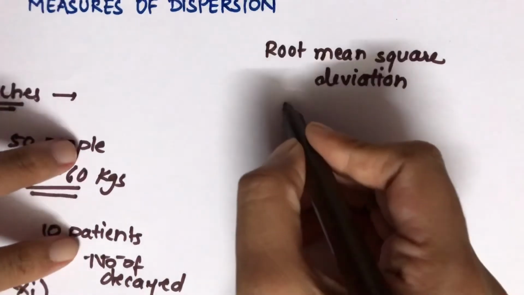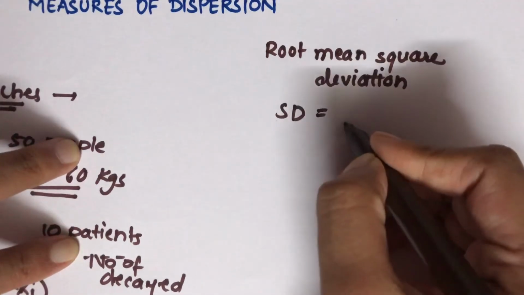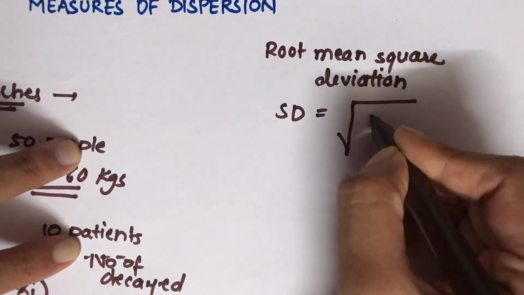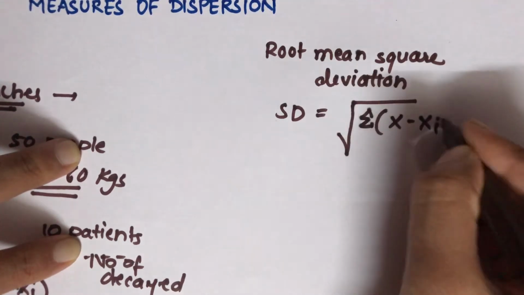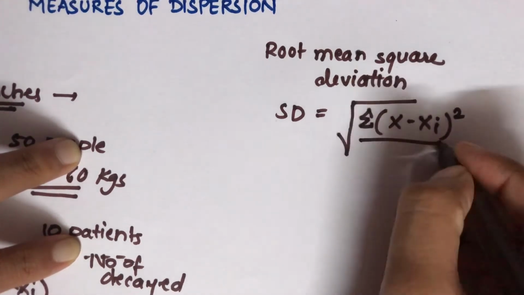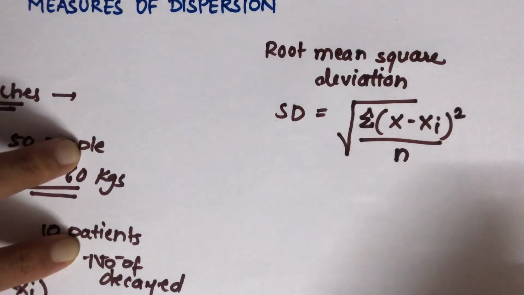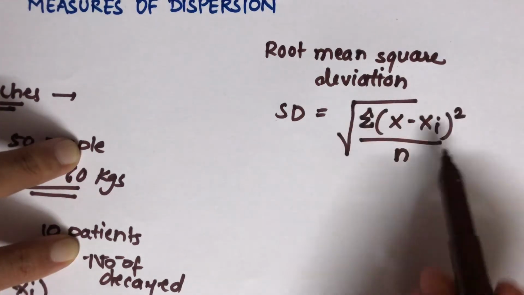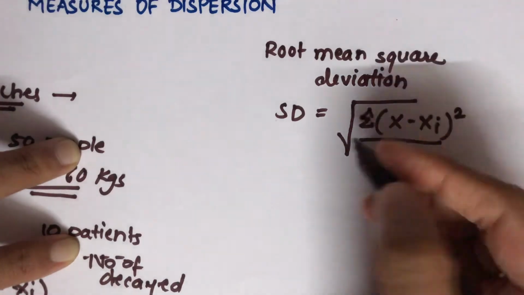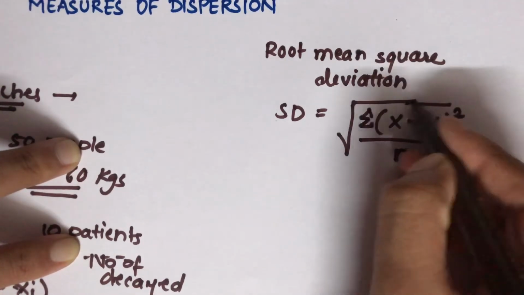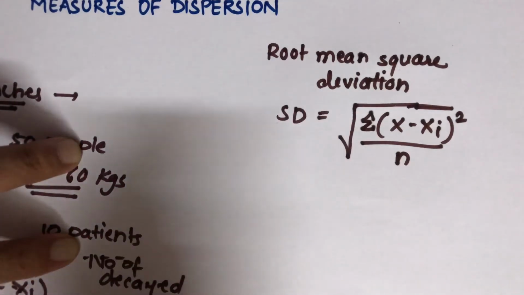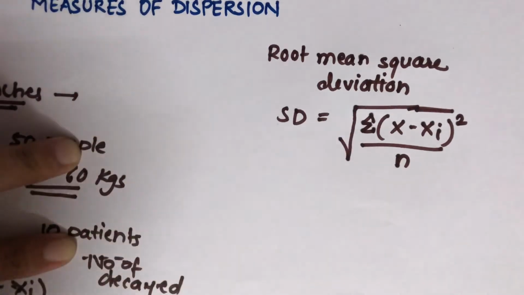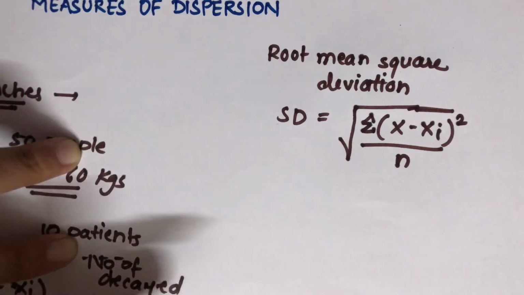Now this standard deviation has this formula of square root of sum of x minus xi, squared, upon n. You have seen that for mean deviation you had the same formula, but over there the square and the square root weren't there. So this is the formula that we use to overcome the problem that we get in the mean deviation. Now what that problem is, I'm going to explain with the help of an example.